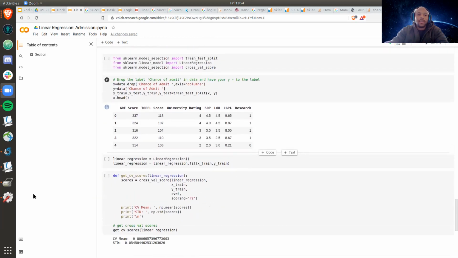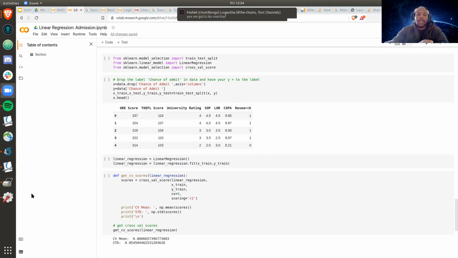So with the GRE score and the chance of admit, we have the sklearn model and the train set for linear regression. With this, we're doing a data drop. We're taking the chance of admit and dropping that data. Then we're going to test it out, so now we're developing a test model using linear regression. With that, we're also fitting the X train and the Y train into it.